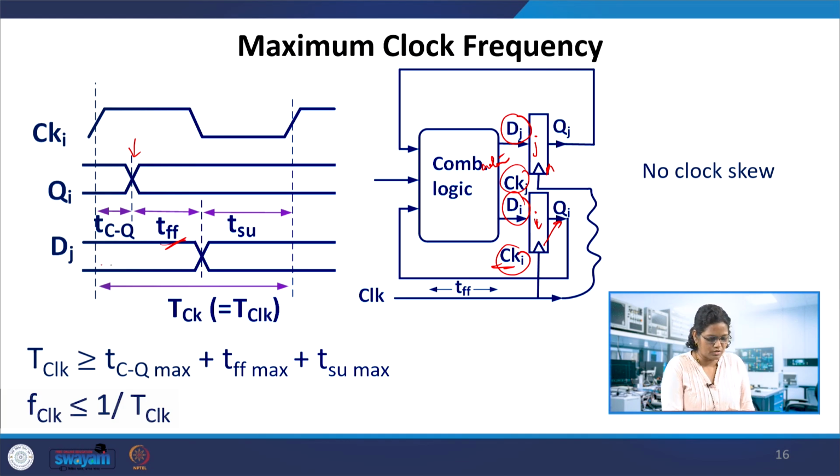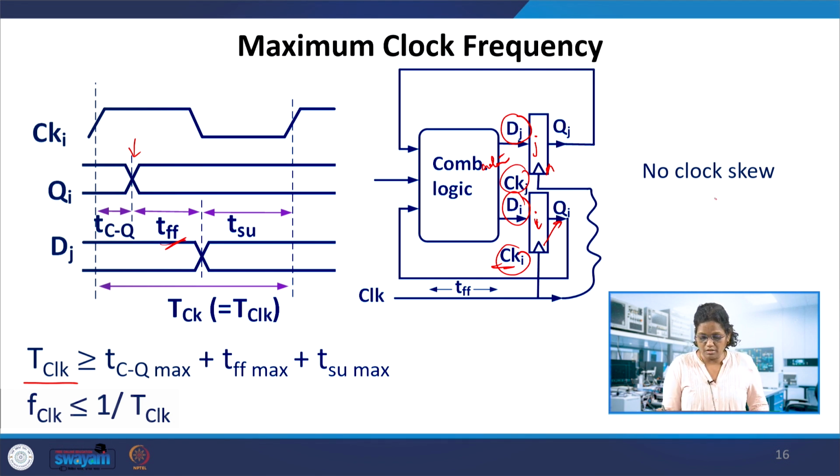So, that is TSU, that belongs to the jth flip flop. So, these three things should be involved in the clock period. The clock which is decided for this particular circuit should be at least greater than the clock to Q delay of this flip flop plus the flip flop to flip flop delay, plus the setup time of the second flip flop. So, it should be at least the minimum of this. So, the clock frequency of this circuit can be decided, 1 by T clock. This is the total clock time duration. So, this is how the maximum clock frequency is decided by the circuit: the clock to Q delay, the flip flop to flip flop delay, and the setup time.